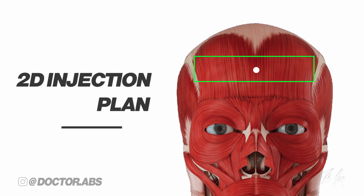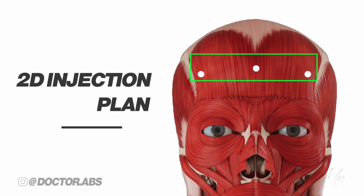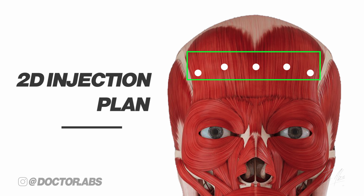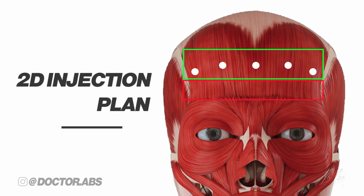We've chosen to go right in the middle, towards the edges to avoid ladder lines and spot brow, and finally somewhere right in between those so we have a significant portion of the muscle. We've got the majority of it covered, and we've stayed away from risky areas to avoid things like eyebrows dropping. These 5 points give us our 2-dimensional plan, so now we figure out how deep to inject and develop our